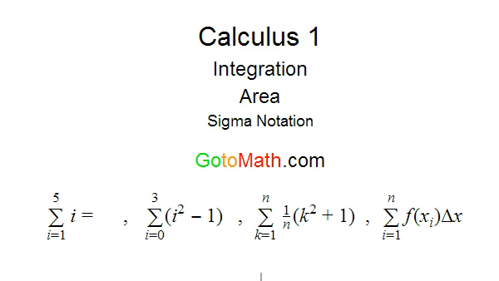In this section here, we're going to be talking about area. So if you followed the previous section on integration, and I think it was anti-differentiation, or I believe that's what it was, we're going to be talking about how to utilize that integration symbol by doing integration and finding area under a curve. We're going to start out with some basic stuff here, though, called sigma notation that you're going